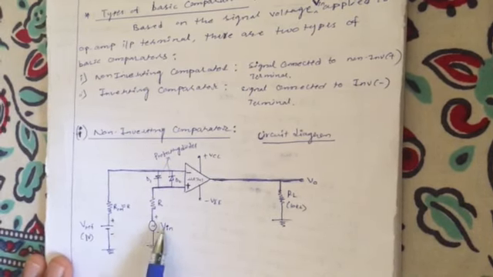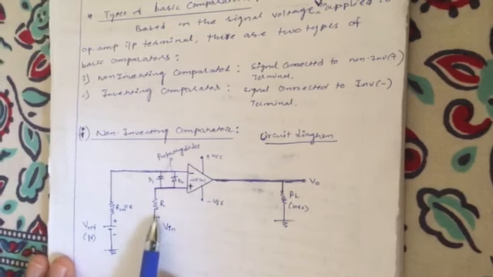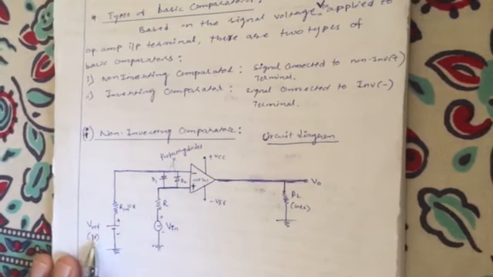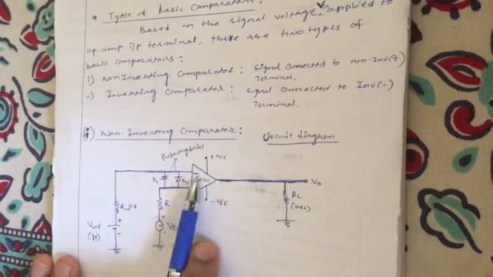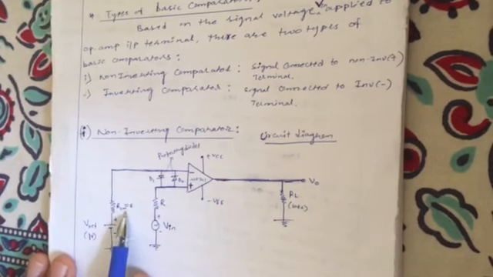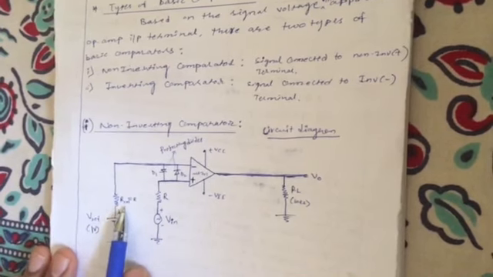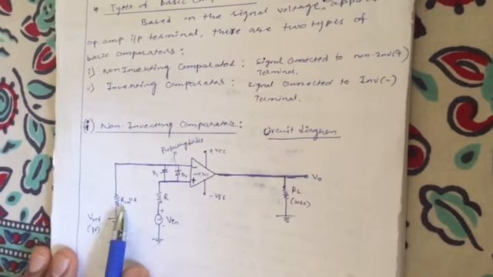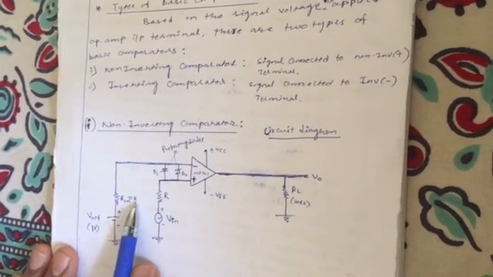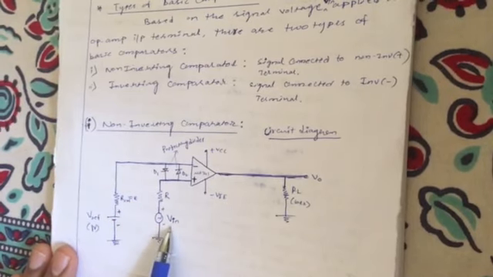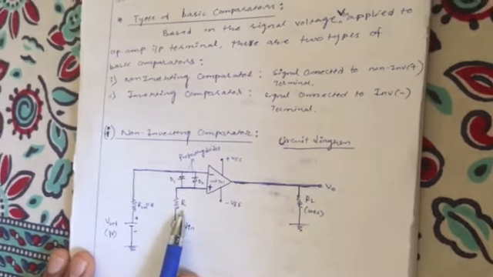Vin is connected to the non-inverting terminal via a resistance called R. Similarly, Vreference is connected to the inverting terminal via a resistance called ROM, which is approximately equal to R. Here ROM stands for offset minimizing resistor, which is approximately equal to R. This R is nothing but a resistor connected in series with the Vin voltage.